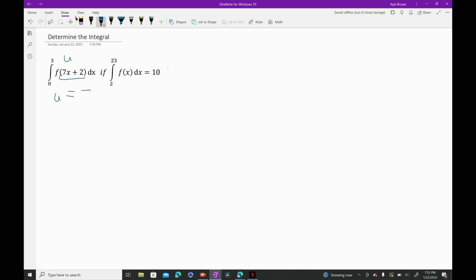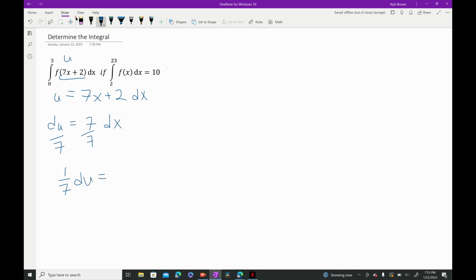So we're gonna say u equals 7x plus 2, dx. This is one of those problems where I have to just do it and then explain towards the end, because even in my understanding currently, this problem is very different, right? So we u-sub, we're going to take the derivative. We're going to be left with 7 dx. We're going to get the constant. And now we're left with 1 over 7 du